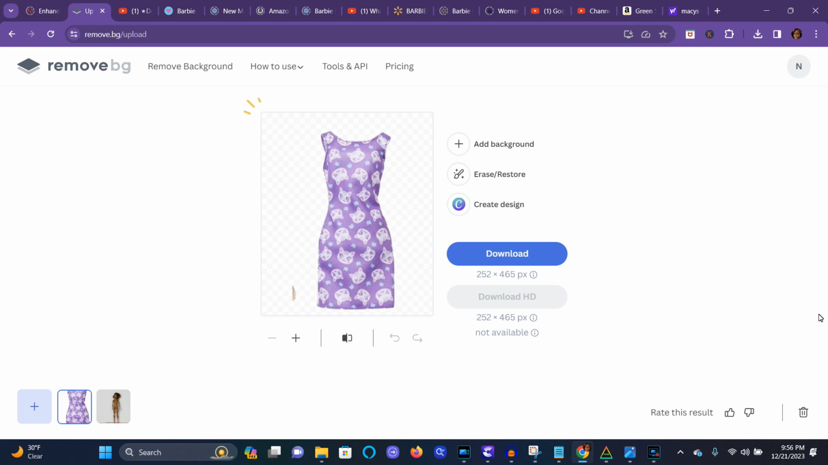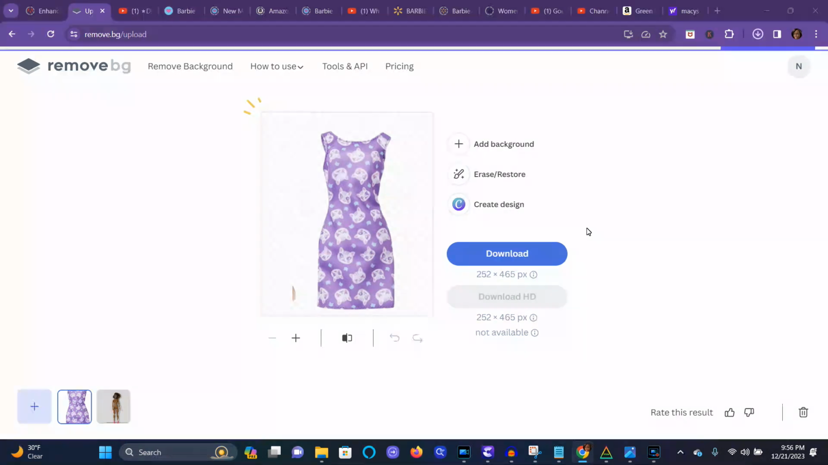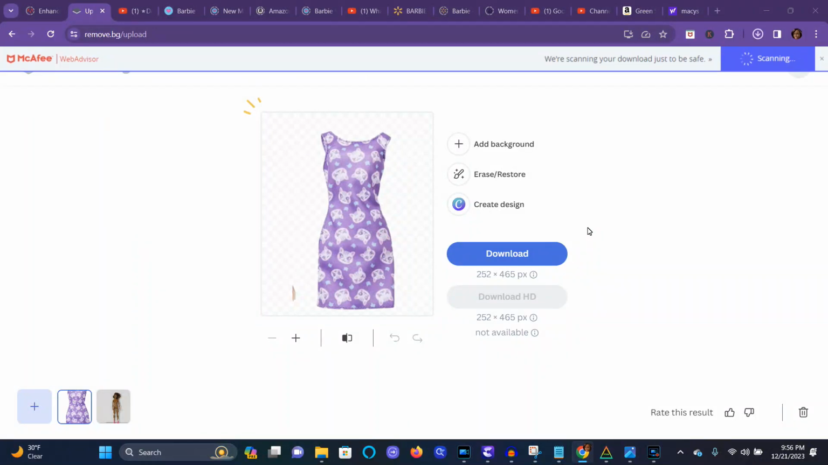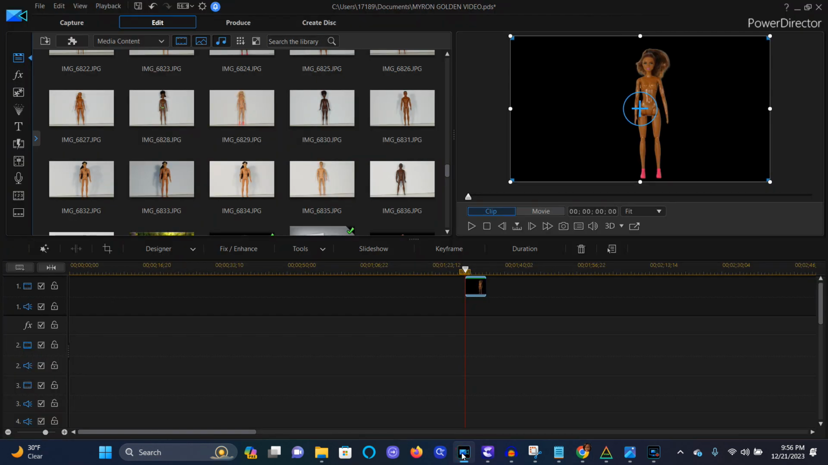So it removes the background. Now sometimes this thing is funny. It doesn't always let me download everything in HD, so I'm going to use the free one to download it, right? Okay, I have to wait. Sometimes it'll do this, and I can't stand when it does that sometimes. Okay, it downloaded, right? So now that I downloaded the purple dress, I go back to my Power Director program,